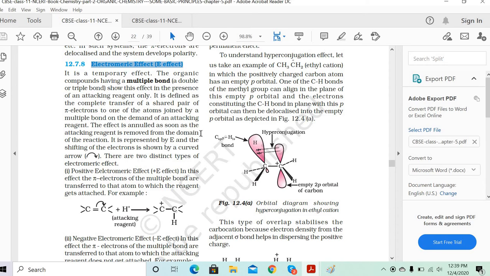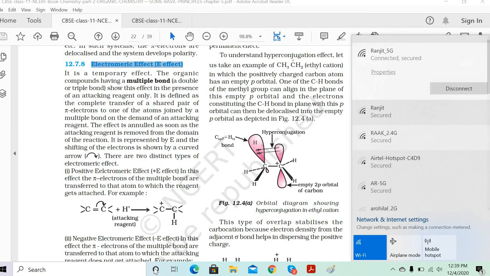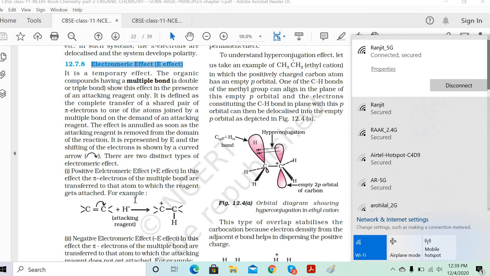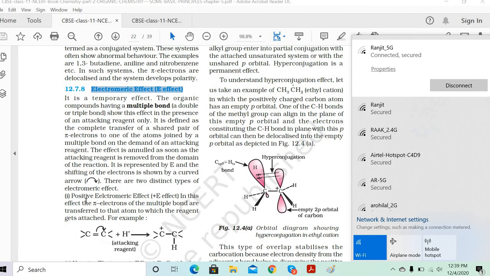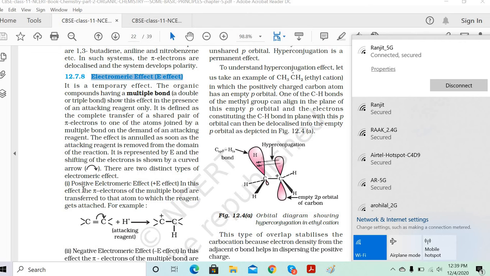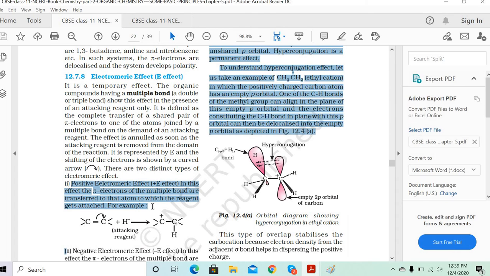Understood this part? So it forms a single bond with the carbon atom, and then the other carbon atom develops a slight positive charge, because its tetravalency is not getting satisfied there. That's why the plus sign is there. Got it? That's why it's called the electromagnetic effect. That means the effect of the movement of the electrons, the positive electromagnetic effect.